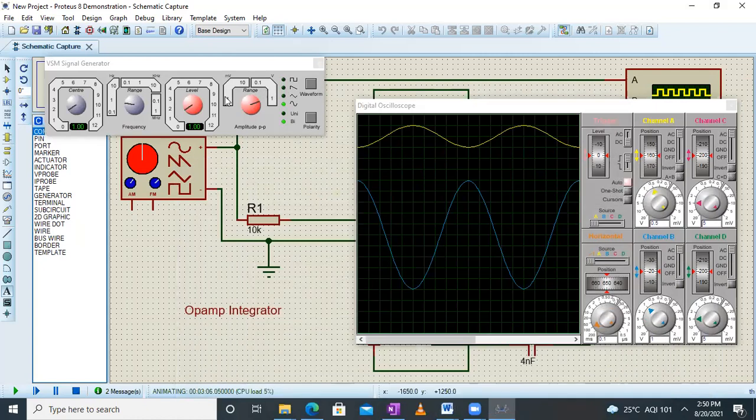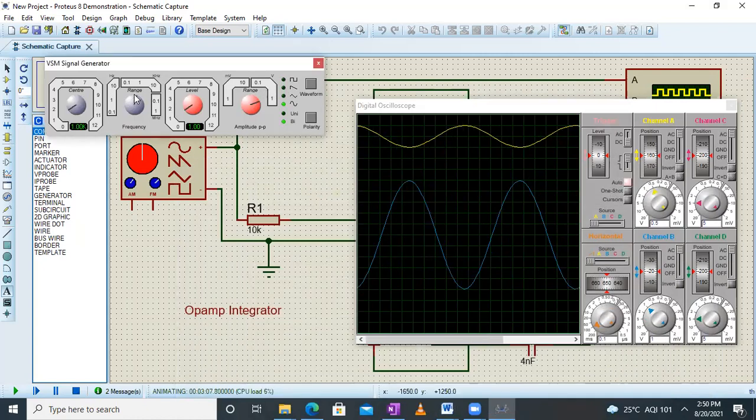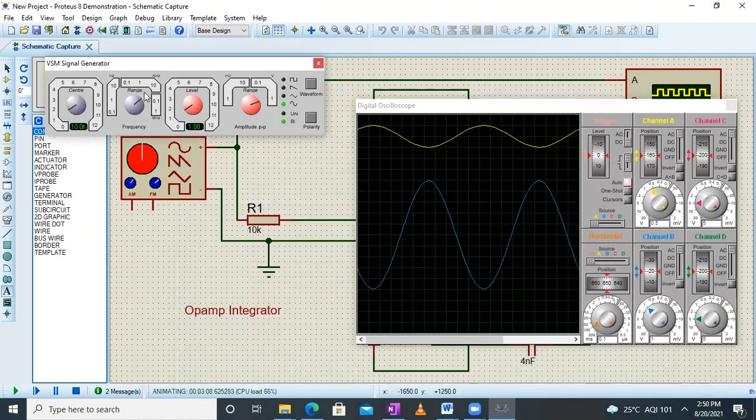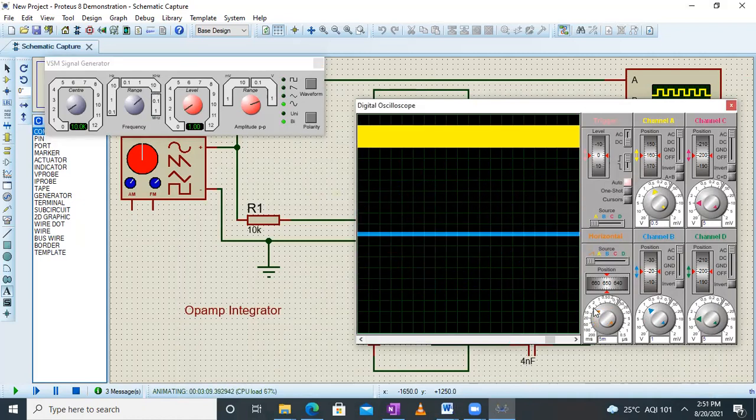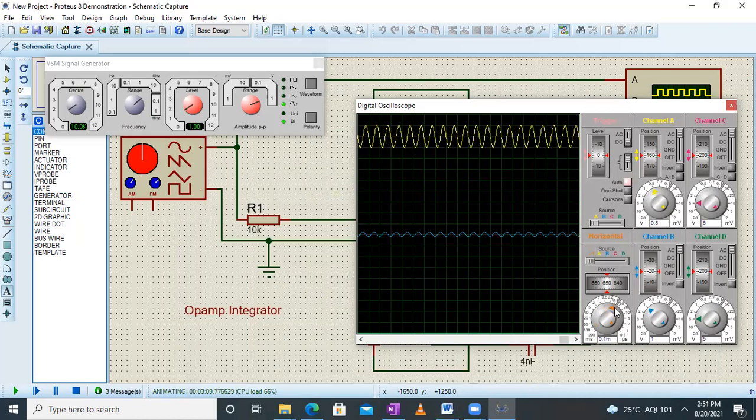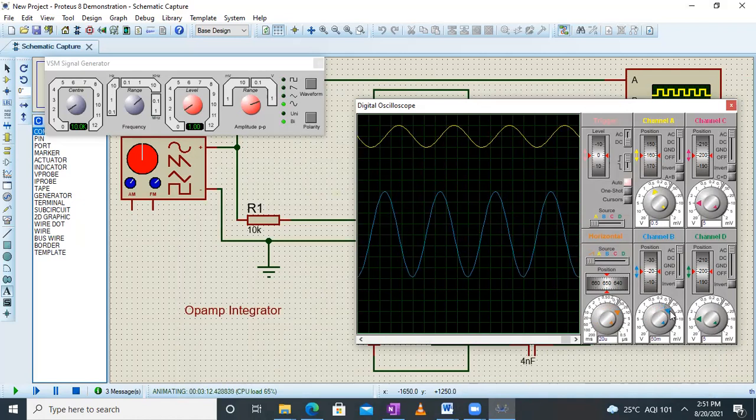Now let's check at a higher value, around 10K. So right now we'll change the range to 10 kilohertz. So it has directly gone to around 10 kilohertz. So we'll have to adjust this amplitude. Yeah, so let me adjust this number. As you can see, the output voltage has fallen down, right? At a higher frequency, the output voltage has fallen down. So just reduce the volts per division knob. Adjust in such a manner that it is measurable.